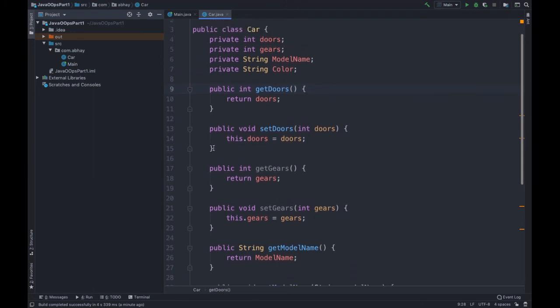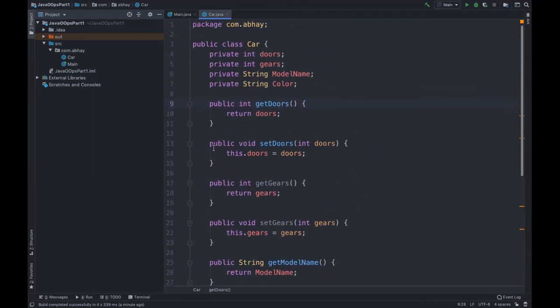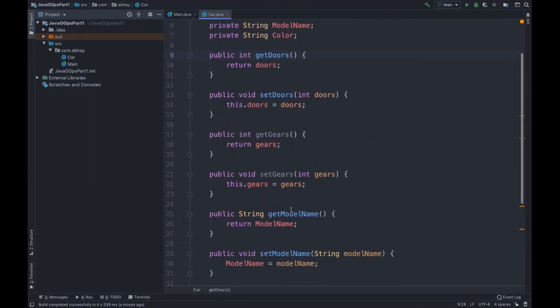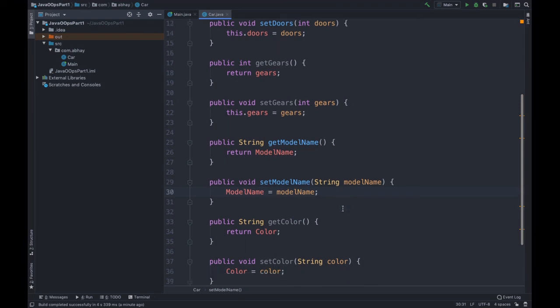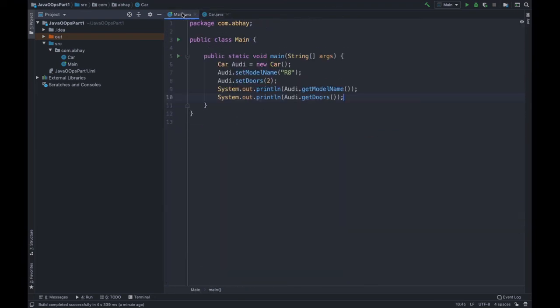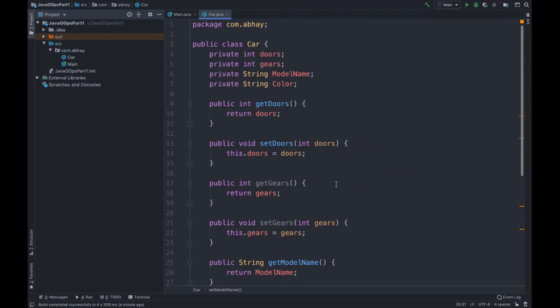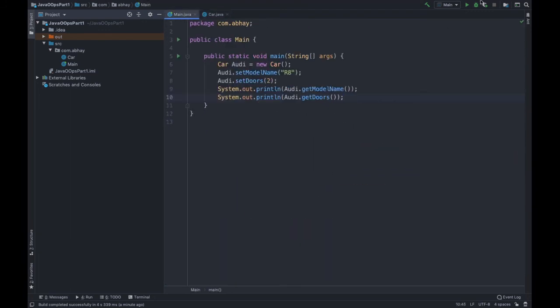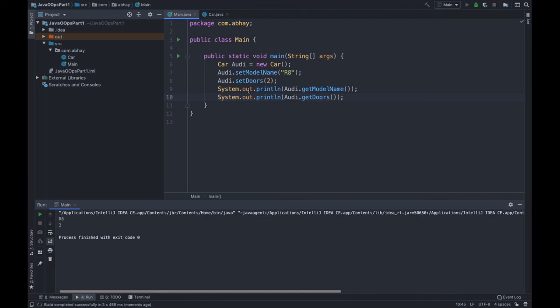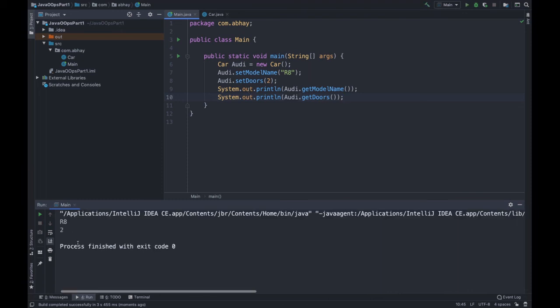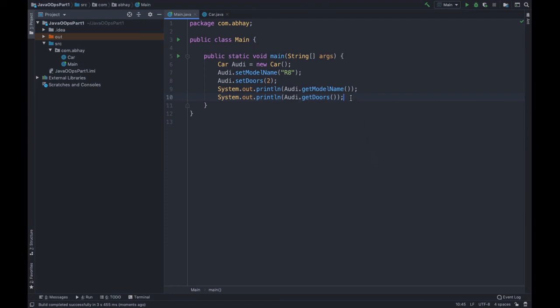Okay, so as you can see, we don't have to type all these getters and setters, and we simply get it done by IntelliJ itself. So it will reduce our effort. Now we can again do the same thing. We have getters and setters here defined by IntelliJ. Now let's run this one. Okay, as you can see, we got our same result. So this is what getters and setters are.